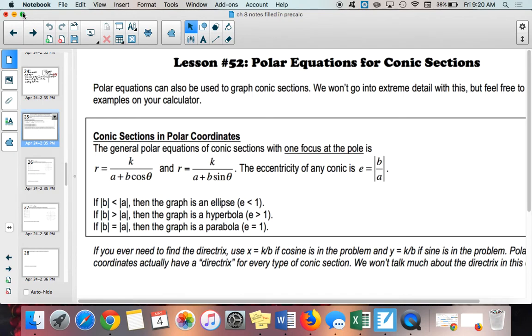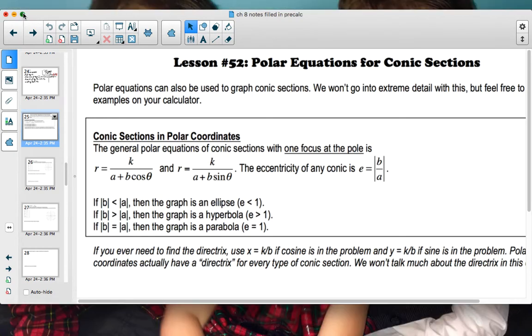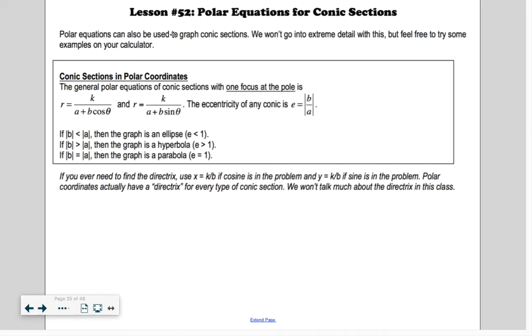Okay, so lesson 52 is on polar equations and conic sections. Polar equations can be used to graph conic sections. Conic sections, as you guys know, are parabolas, hyperbolas, ellipses, and circles, right? So we can have these all in polar equations. The general polar equation for a conic section with one focus at the pole, so that's kind of weird,